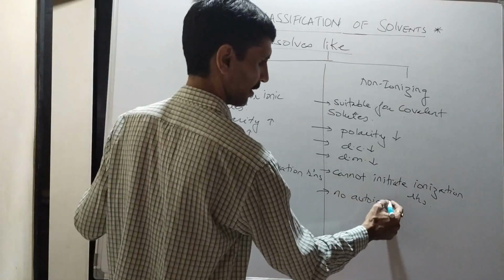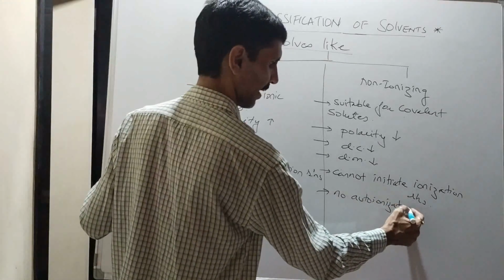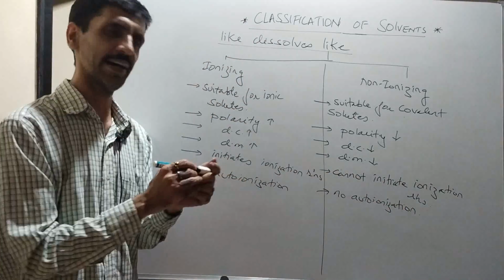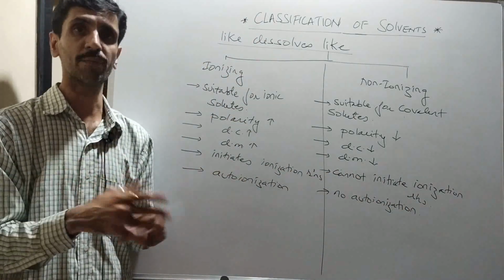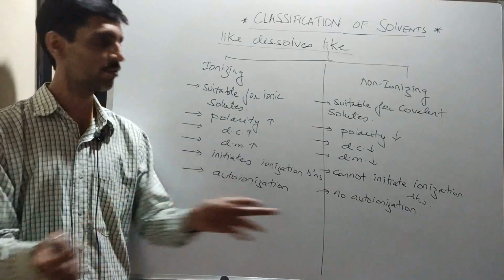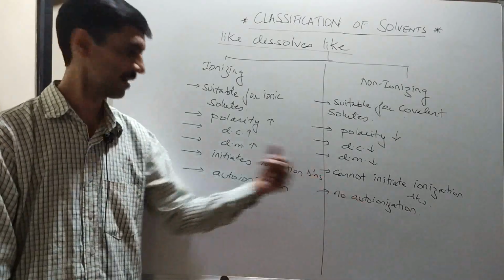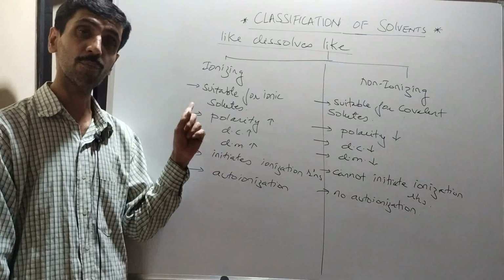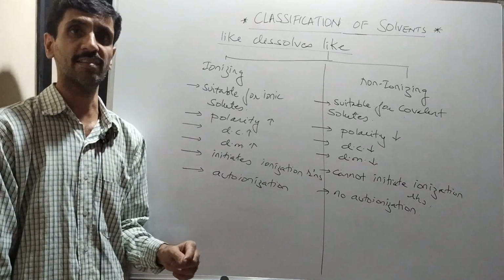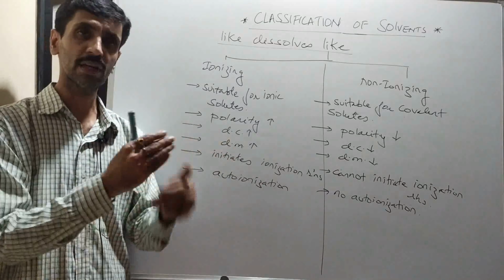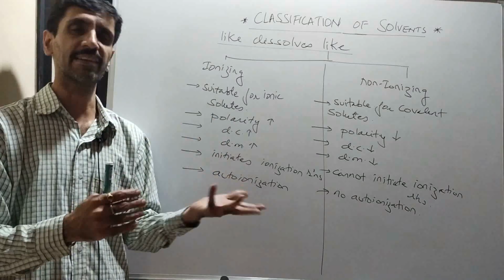नाउ व्हाट इज द मीनिंग ऑफ दिस? आयनाइजेशन तो आप जानते ही हो, इट्स अबाउट फॉर्मेशन ऑफ आयंस. ऑटो मीन्स सेल्फ ऑन इट्स ओन, अपने आप नहीं हो सकता. इसको हम लोग बोलते हैं नो ऑटो आयनाइजेशन। यहाँ पर अपने आप हो सकता है क्योंकि उनका पोलैरिटी इज हाई, डाइलेक्ट्रिक कांस्टेंट इज हाई, और इस वजह से उनका खुद का आयनाइजेशन अपने आप जल्दी से हो सकता है।